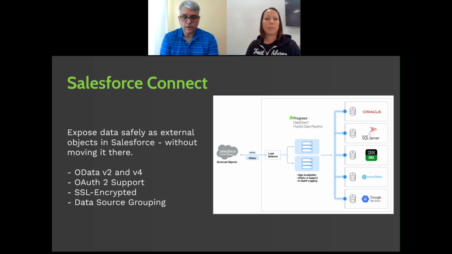So it really does not require a large investment for the administration of the product itself. Once it's up and running and you have things configured, really the only changes you might need to make are related to adding new data sources that you may want to expose, once you see the power of the product.